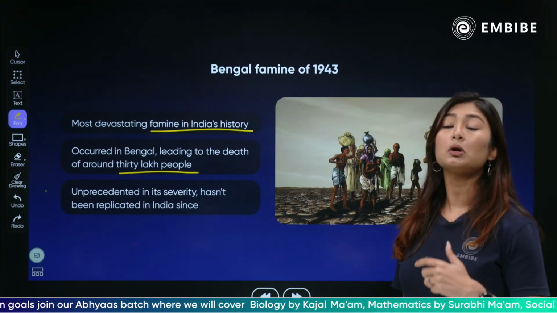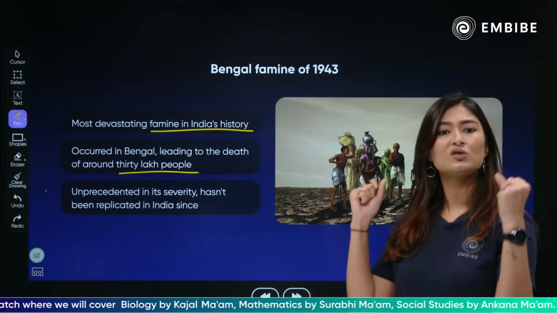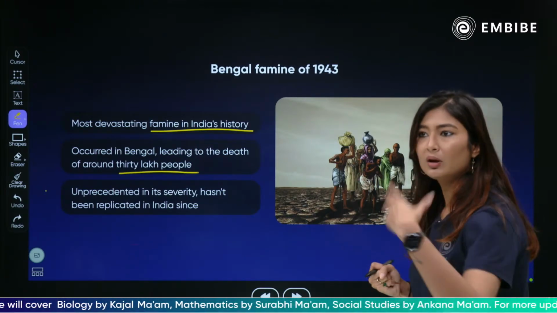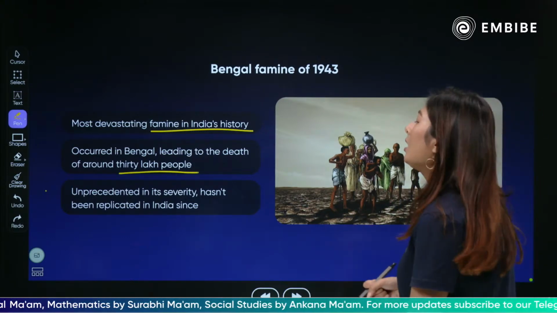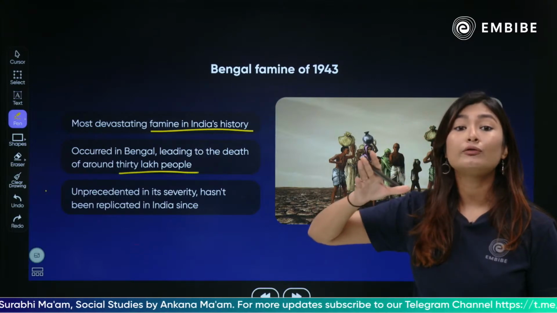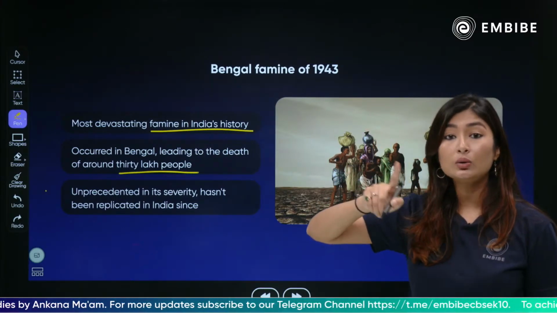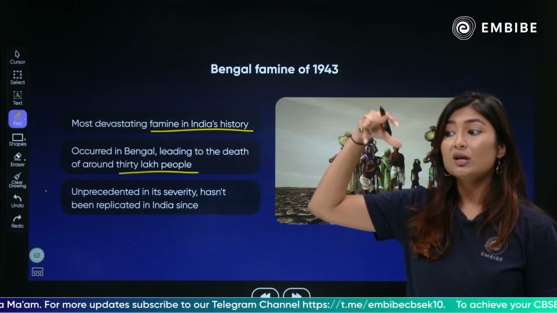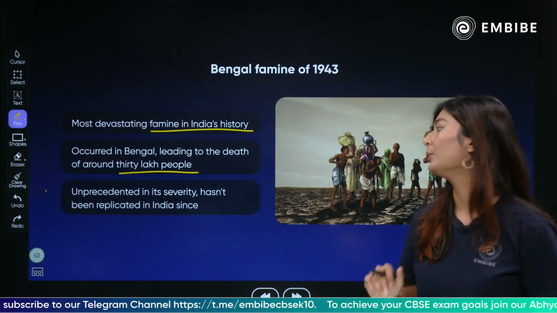In the French Revolution, people were not dying because there was no food. There was food, it was just not affordable for them, so they had to snatch it away from the people who were selling it. And the government was responsible again. So 30 lakh people died because of shortage of food. There was no food for them. And just in one area of Bengal, it's not around the country it's happening, right? Just in that one area, 30 lakh people died, which is a very, very big number.